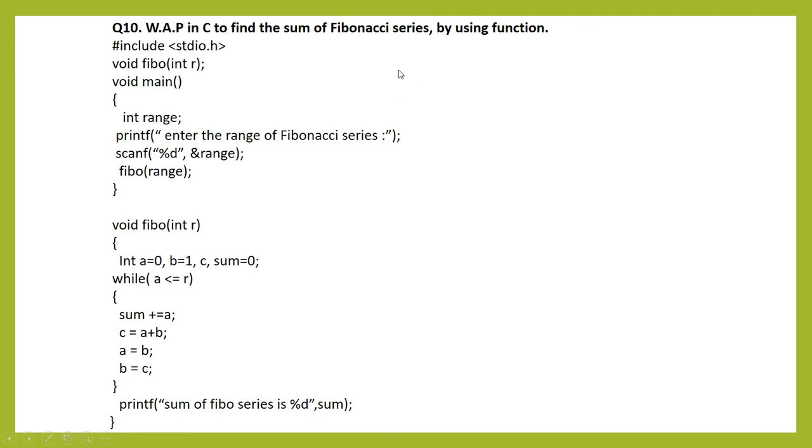Again 1 is added to the previous number, the result is 2. Again 2 is added to the 1, the result is 3. Then 3 is added to the 2, then it is 5. Okay, so that means the Fibonacci series is just like 0, 1, 1, 2, 3, 5, in such a manner.